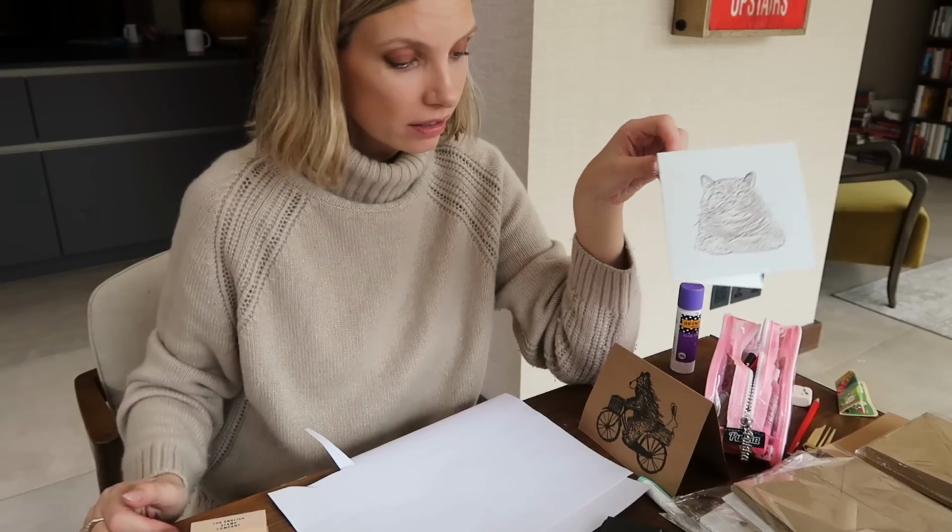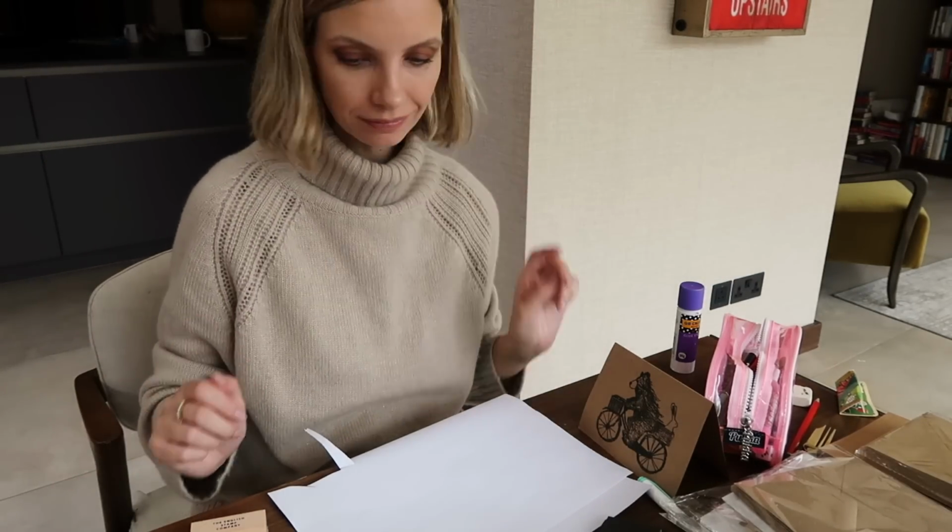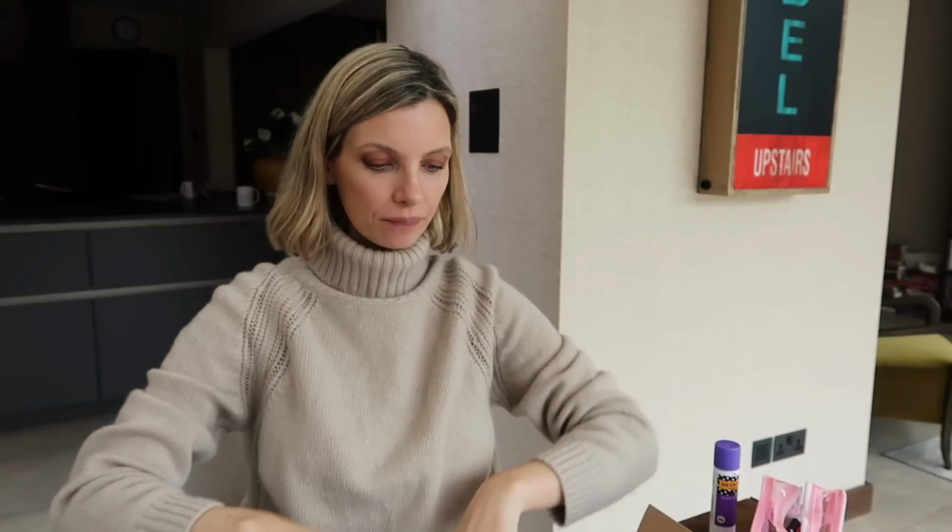And then, because I'm not one to do things by halves, I went and bought a load of others. Because it occurred to me that every time one of my kids has to go to a kid's birthday party, I have to go and buy a rubbish card. I don't have to buy a rubbish card, but a lot of them are rubbish, let's face it. They're quite expensive and they never really look that nice. And I thought, you know what, I'm going to start making my own highly chic,